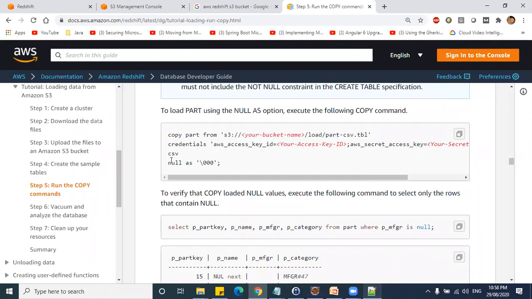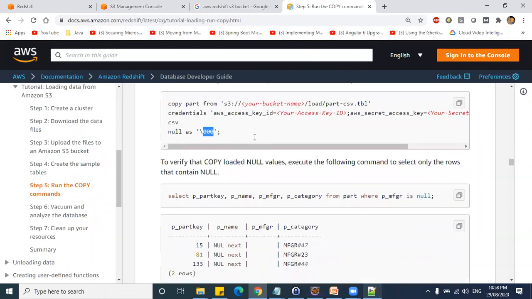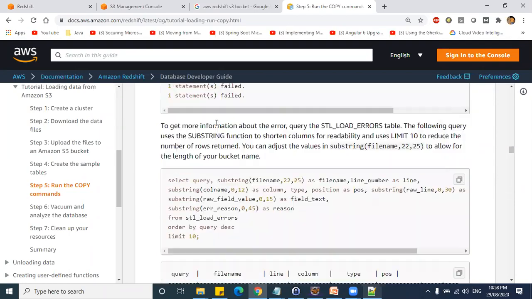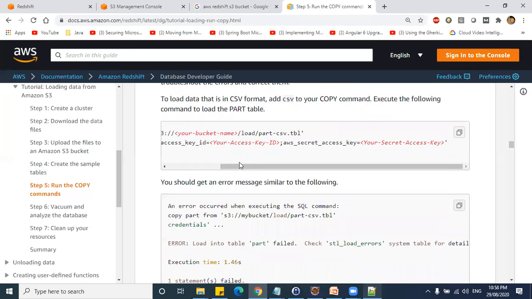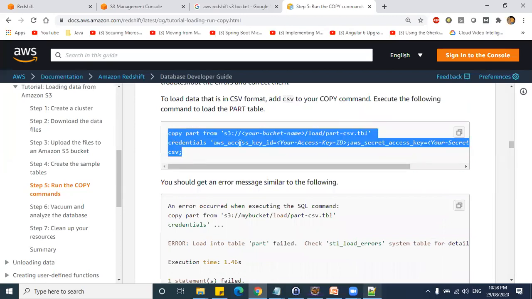Copy the, yeah. So if you are getting null, make sure that you enter 000 instead of null. Like this. If you follow the step-by-step process, everything will be clear. Okay, now let us see one command. So for example, copy this command